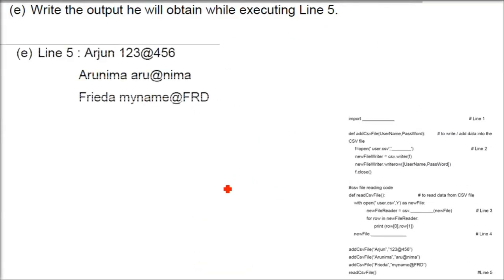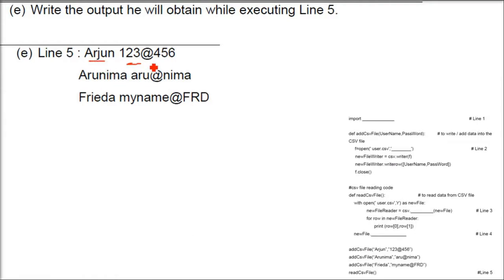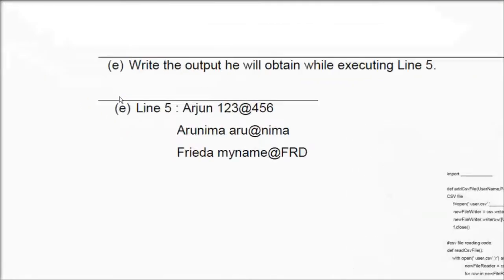So what will be the output? This only, username, password, with a space. Okay, with a space. There is no comma here. Please remember, Arjun, and there is a space, and same thing. Don't change the case. Whatever case is given in the question, you have to take the same case and write it the same. Because for a CSV file, don't assume that it will always give you output with a comma. No, these 3 with your space will come.